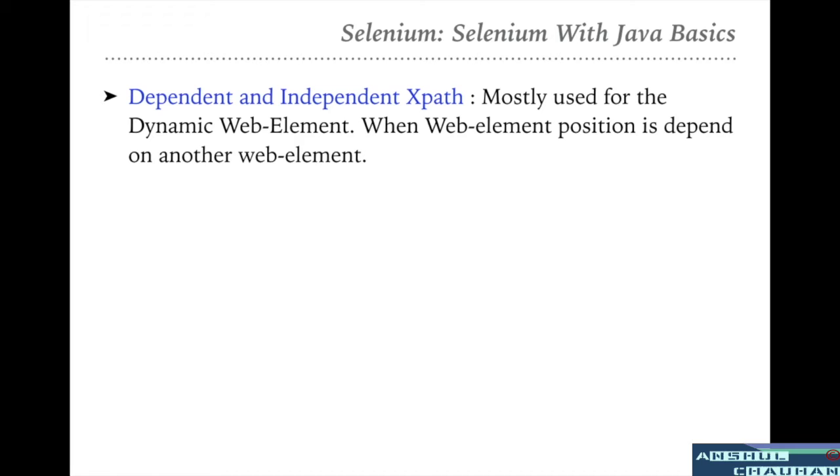They are changing their position on the web page, and the XPath or the DOM for those elements also changes. So you can't define a generic or static XPath for these web elements. We need to design a customized XPath which will be able to find the web elements, whether they are moving on the web page or changing their values. So let's see how we can create these kinds of XPaths.